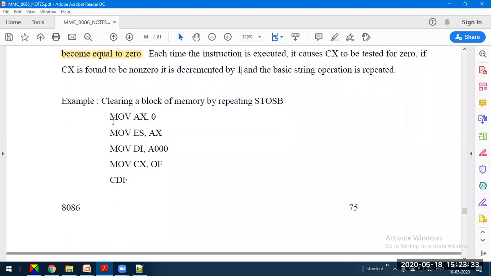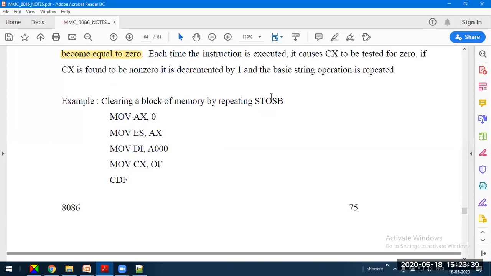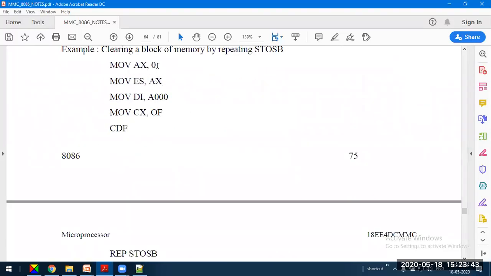Let us check a simple program, guys: clearing a block of memory by repeating this operation, that is, the store single byte operation. Same procedure: 0 to AX, to ES, the extra segment. If the extra segment is 0, then the base address is 0000 in the extra segment register, and the reference from 0000 will take a jump to the location.